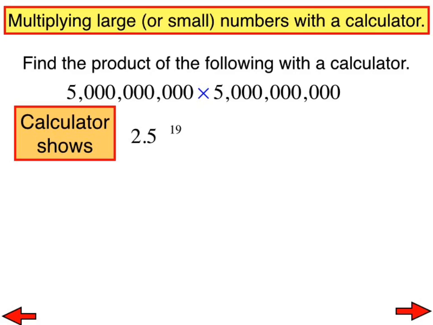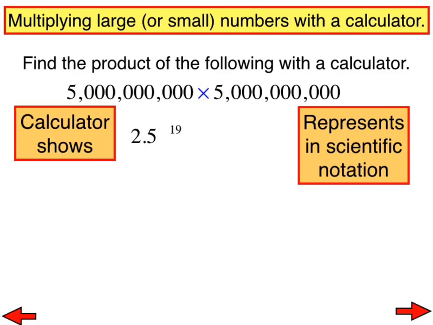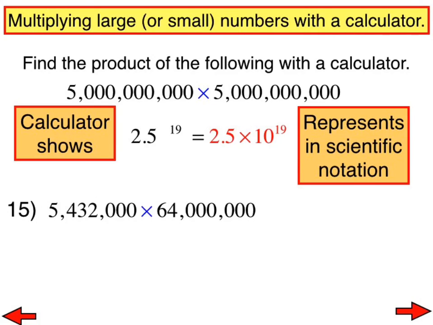Okay, you have a better calculator than mine. Yours already shows it that way. But if you're using my calculator, this is what it looks like. Well, what that means is that is my calculator's way of scientific notation. So what that means in scientific notation is 2.5 times 10 to the 19th power. So let's do a little bit of practice with that. Everybody go ahead and type in 15, 16, and 17, and then write down what it really represents in scientific notation. Like this,